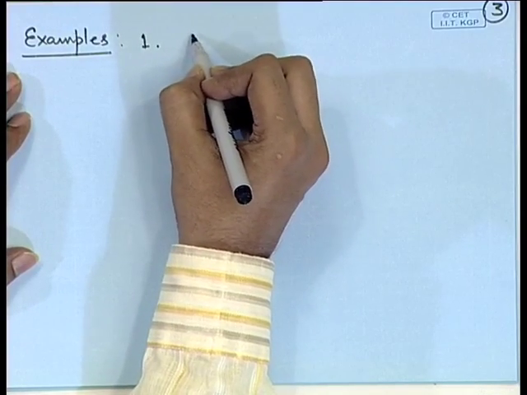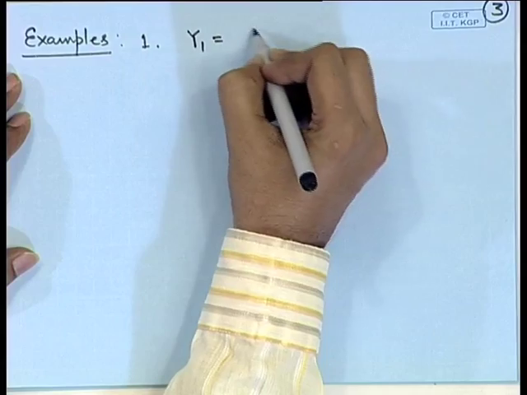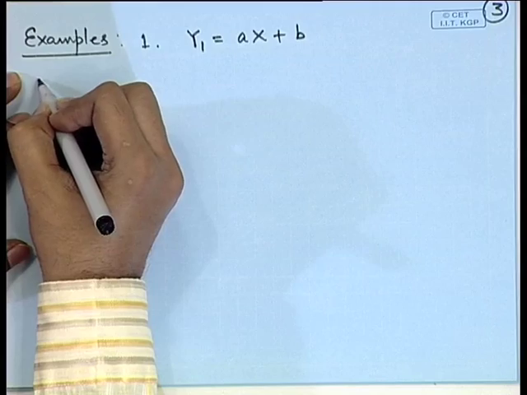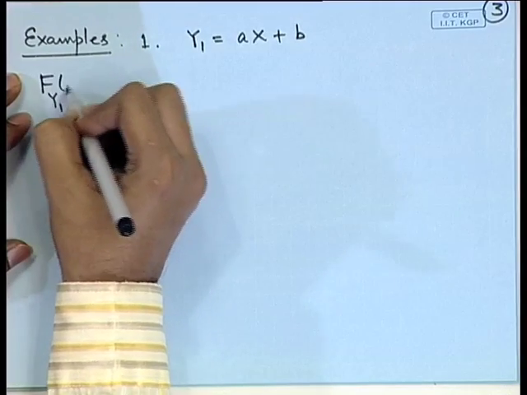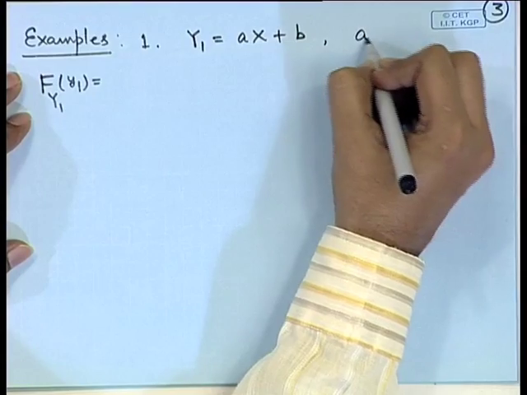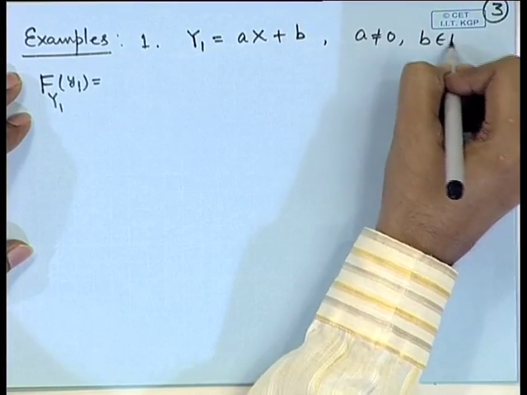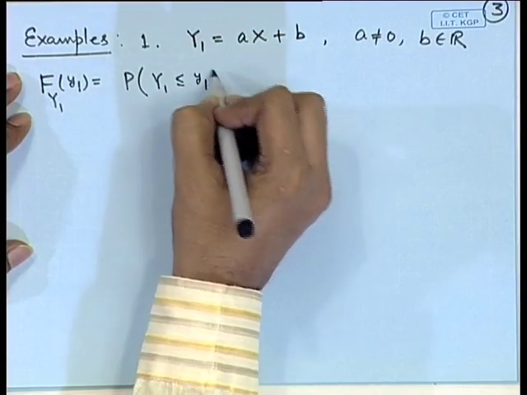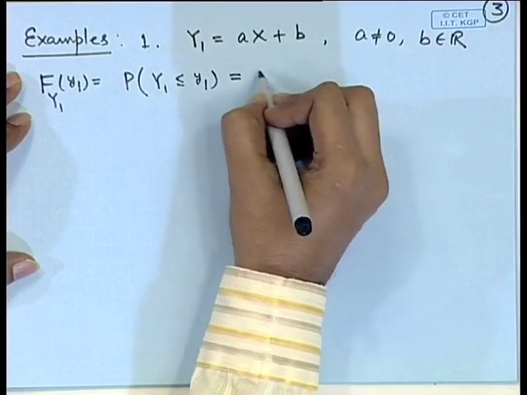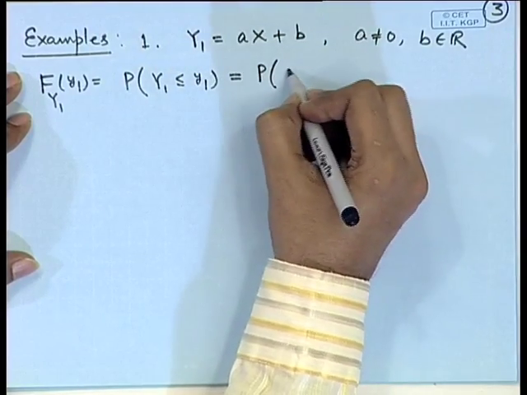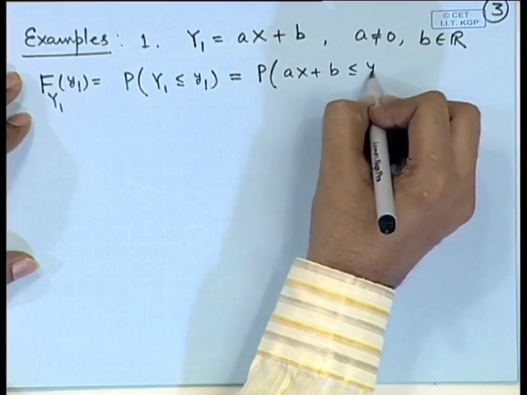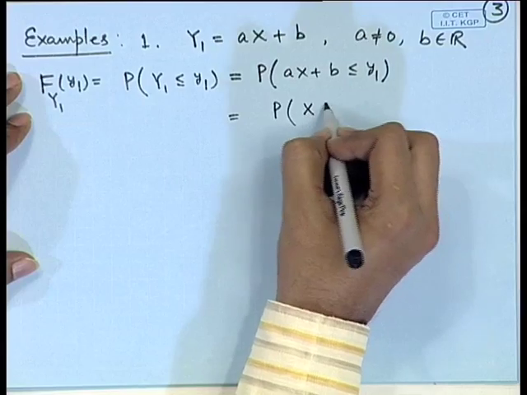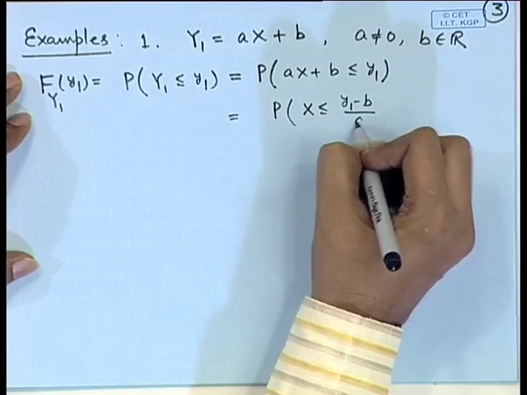So, let us consider a function, say y 1 is equal to a x plus b. If we are looking at the CDF of y 1, here a is a non-zero constant and b is any real. So, this is the probability of y 1 less than or equal to, say, small y 1. Now, this is a x plus b less than or equal to y 1. Now, this can be expressed as probability of x less than or equal to y 1 minus b by a,